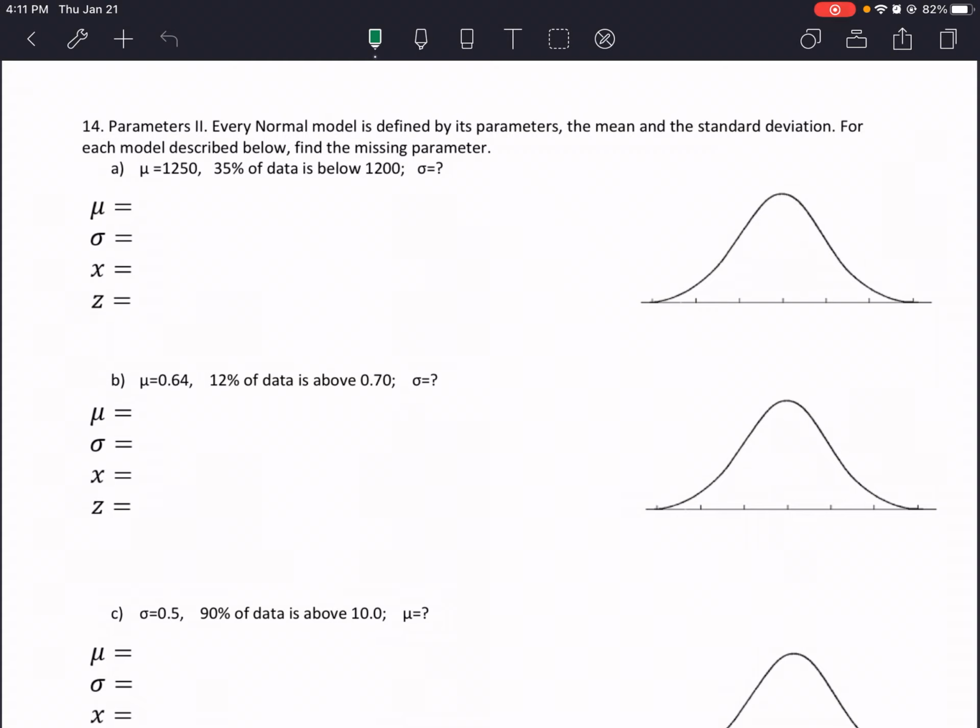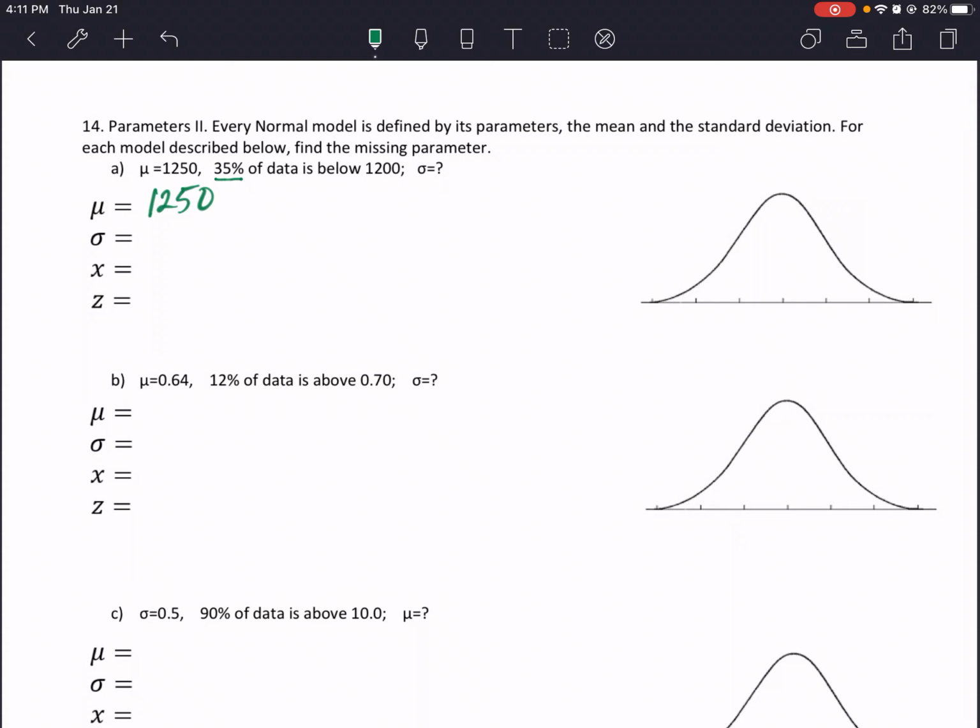So we see our problem here. It's not context, it's just going to say, can you go through the motions of doing the work? So here we go. For each model described, find the missing parameters. So find what's missing. So we know first off that we're going to start with our mean of 1250. Then it says